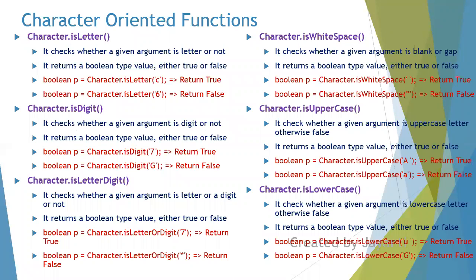So if it is a letter, letter means alphabet, A to Z, capital and lower case, it will return true, and it will return false if it is a digit. Then isDigit will return true if it is a digit. isLetterOrDigit, okay. So basically if it is a letter or a digit, it will return true. Else any other character like space, asterisk or any other, which characters are they said,